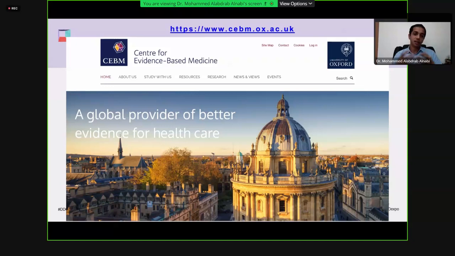For example, in a therapeutic study, the first question would be, was it randomized? Obviously, if it's a therapeutic study on a drug, device, or procedure, then the best would be a randomized study. Anyway, it has to be randomized, and we will get to the importance of randomization in a minute, inshallah. Were the groups similar at the start of the trial? Both groups, the intervention and the control group, have to be similar, obviously. And you cannot have a control group which is healthy and an